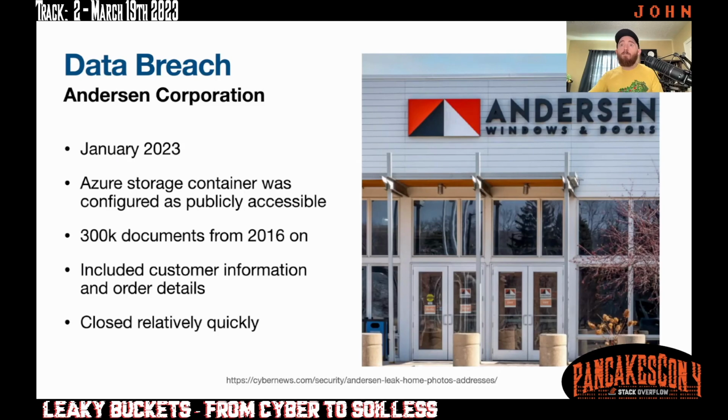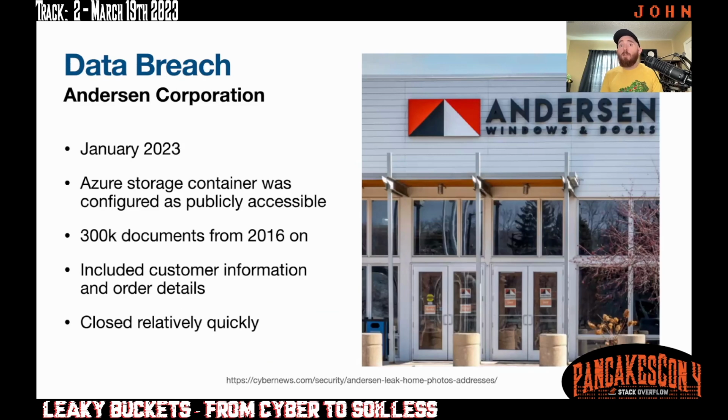It included customer details like addresses and contact information, as well as order details like home information, even home photos, internal and external. When it was identified, it was closed relatively quickly. And that's just a typical example of something that happens on a regular basis.